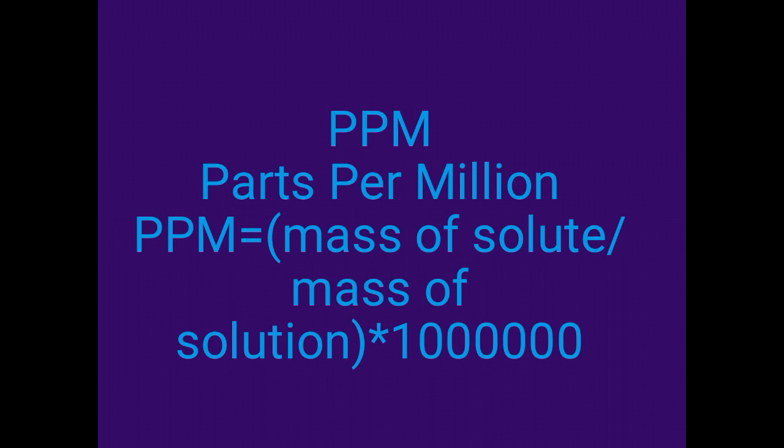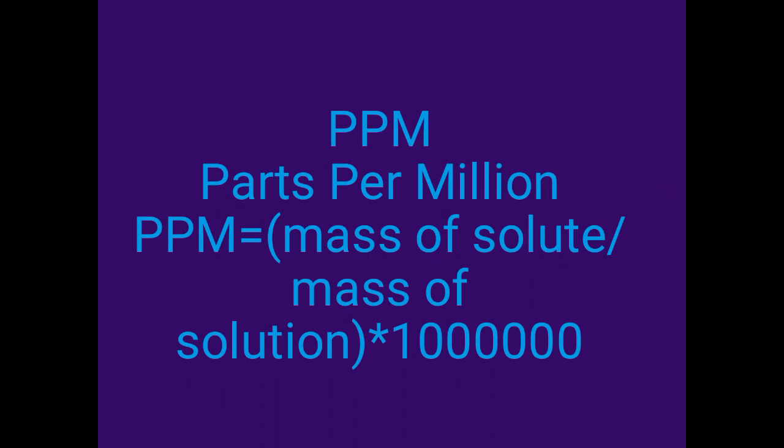When the concentration is very less, like if we want to measure the concentration of pollutants present in atmosphere, so they are present in a very minute amount, so at that time we use this way, that is ppm. The formula to calculate the ppm is equivalent to mass of solute, जिसका भी आपको निकालना है concentration, the mass of solute upon mass of solution into 10 to the power 6. Okay, this is the formula.